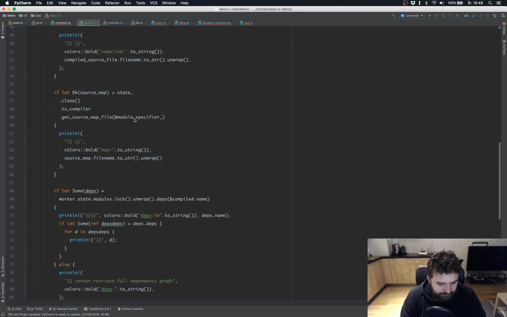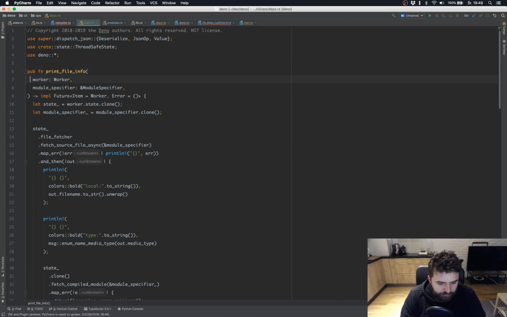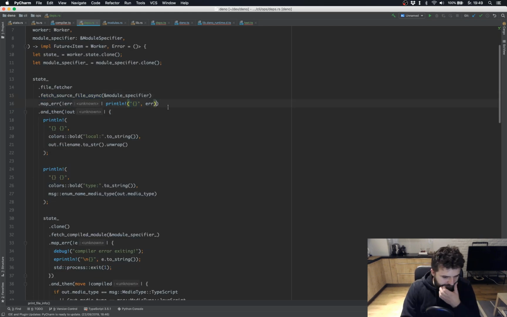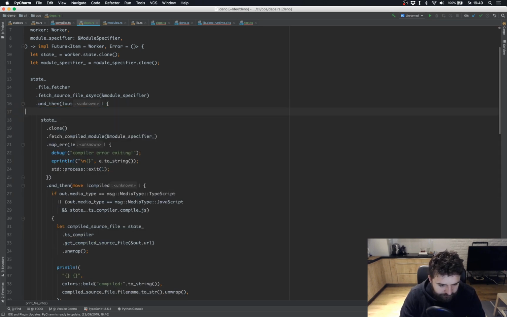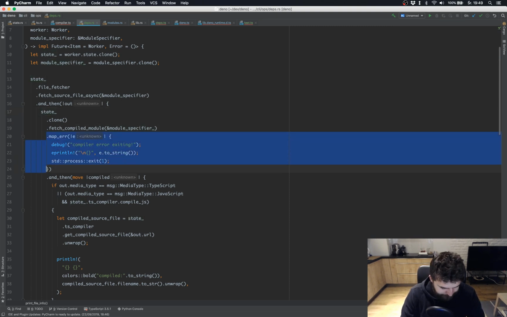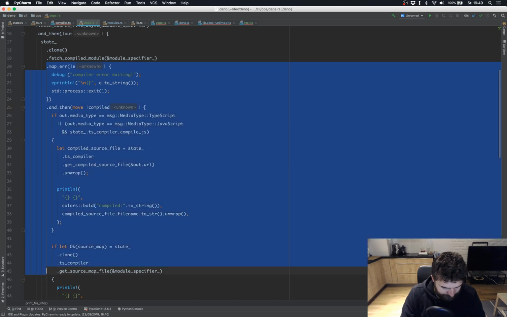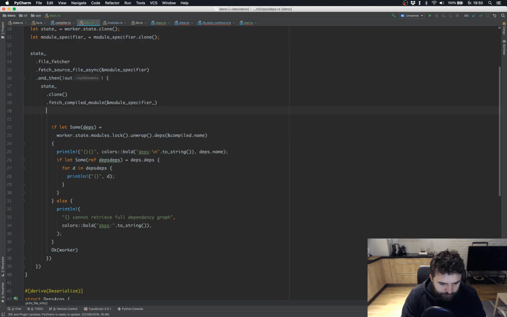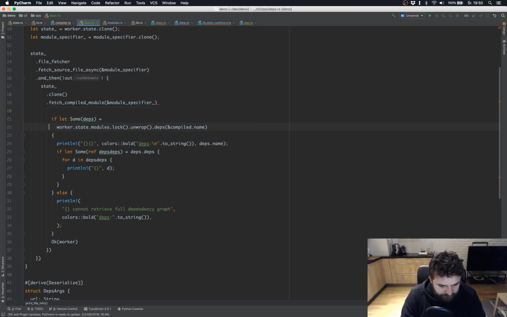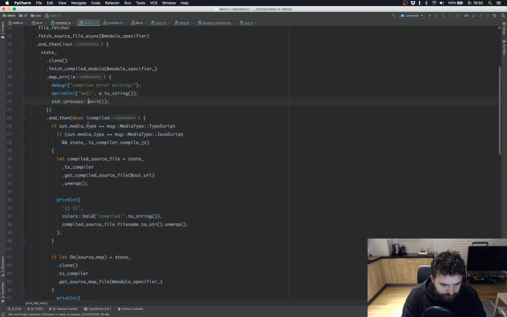So let's see what's going on in here. Print file info takes worker, then we get the state from the worker, and then we fetch the file. Yeah, if file is not found, then the error was printed. That's not what we want. And then out file, fetch compiled file. Yeah, and this is the place we're interested in. So state modules wrap compiled. Yeah, okay, so I removed too much. So this compiled,